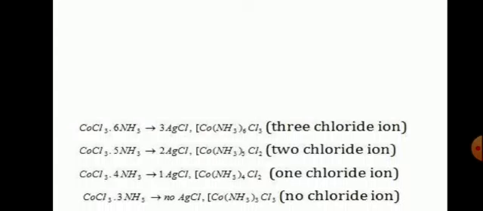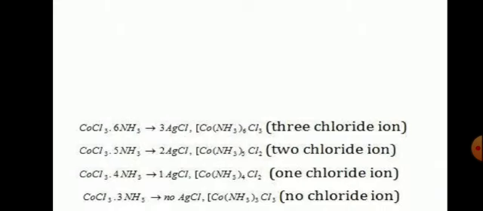Werner further proved his theory by explaining this example. You can see four different reactions on the screen. The coordination number of the central metal atom is 6. That means 6 ligands are attached to cobalt. In the first example, where we have CoCl3 and 6 ammonia, the complex looks something like this. The 6 ammonia are present in the coordination sphere and the 3 chloride ions in the ionization sphere.